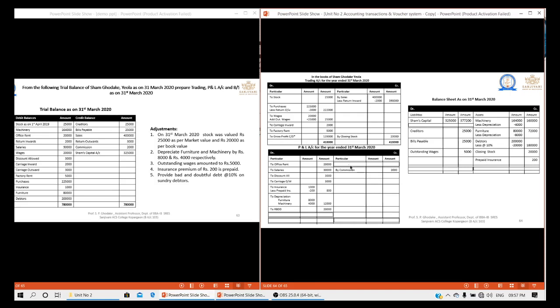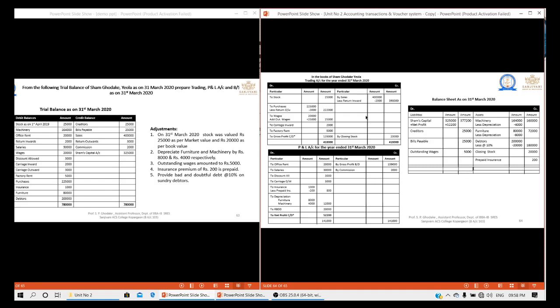Now this gross profit is brought to the profit and loss account. So by gross profit brought down, here 1,39,000 plus 2,000. Again we need to do the casting of the profit and loss account. Here you will get 1,41,000, and the same we can write on the debit side of the profit and loss account, and you will have a difference at the debit side. Here we can write to net profit, and the difference is 52,200. This is the net profit which needs to be forwarded to the share capital. Here we can add the net profit, and we'll have the total of these two in the outer column, that is 3,77,200.